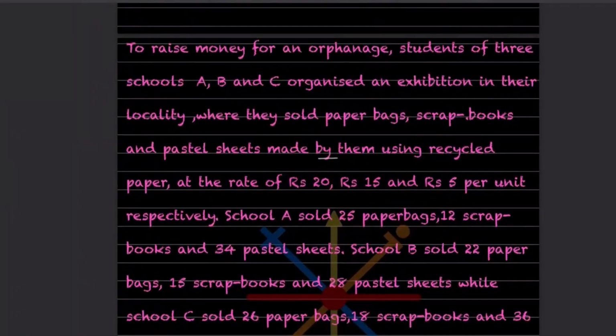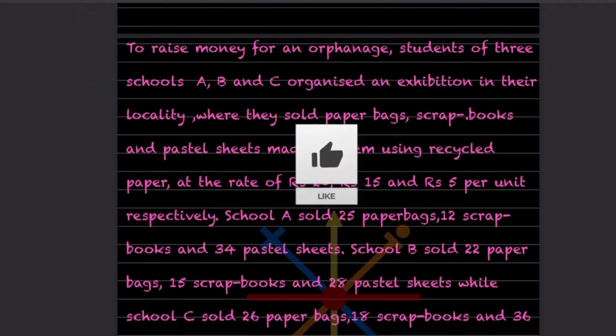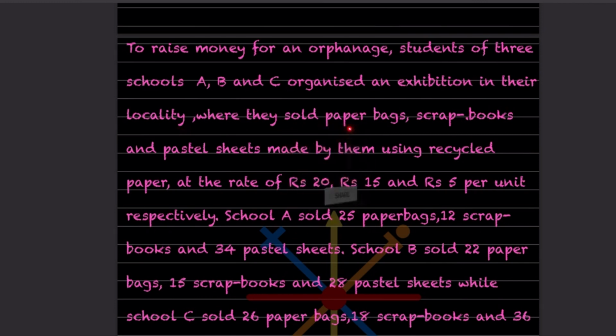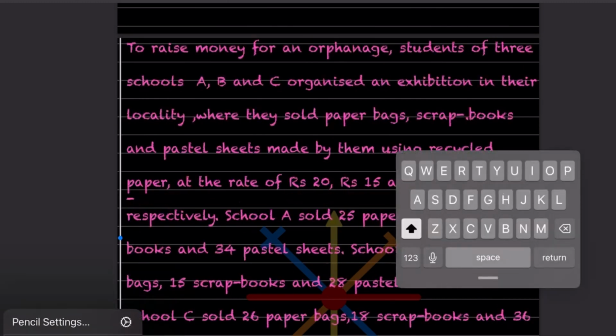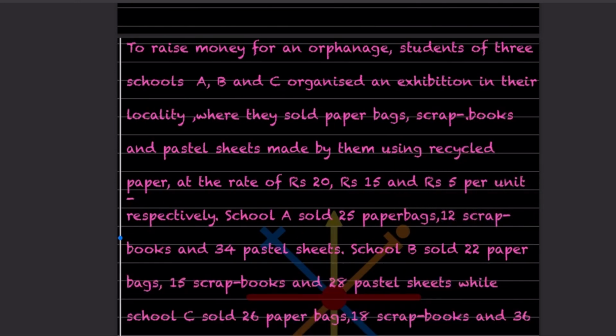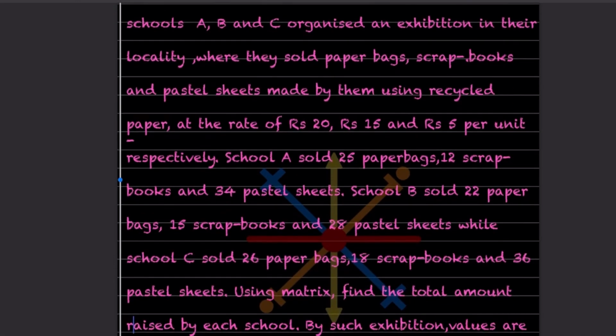So now look at here. To raise money for an orphanage, students of 3 schools A, B and C organized an exhibition in the locality where they sold paper bags, scrapbooks and pastel sheets made by them using recycled paper at the rate of rupees 20, 15 and 5 per unit respectively. So here school A sold 25 paper bags, 12 scrapbooks and 34 pastel sheets. School B sold 22 paper bags, 15 scrapbooks and 28 pastel sheets, while School C